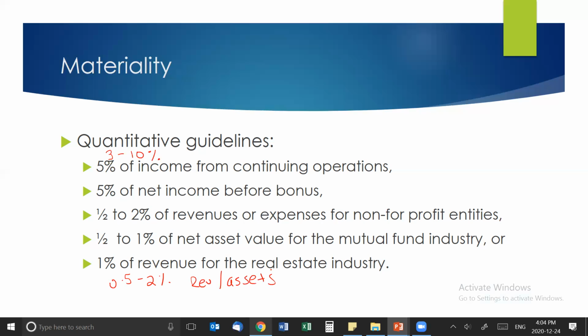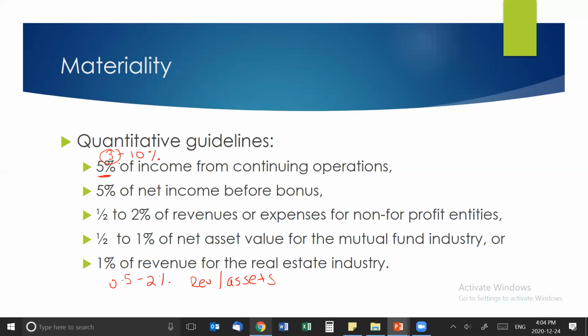If you are deciding between 3% and 10%, the more important this number is to financial statement users, the lower the percentage should be, with the average being about 5%. If there are many users, like a bunch of creditors and investors, and management bonus is tied to net income as well, and everyone's looking at net income and really relying on this information, then you probably want to go closer to 3%